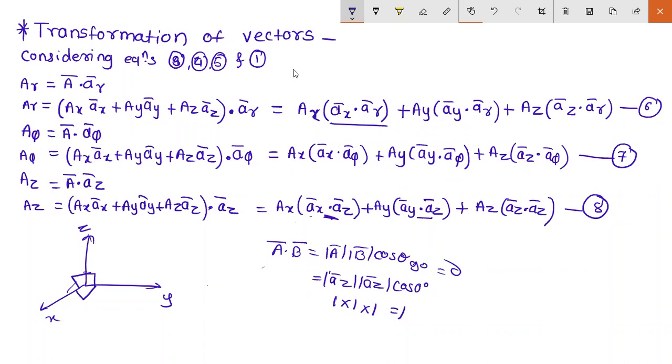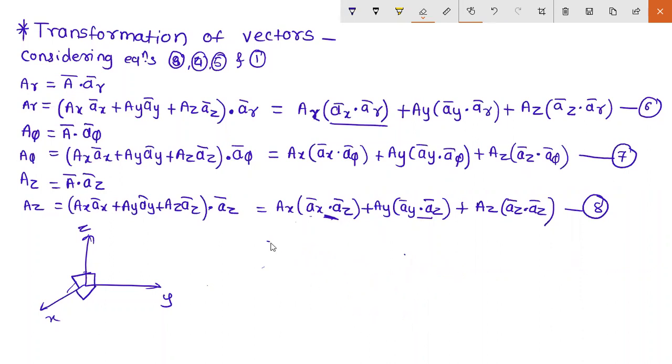So here, if we take two similar vectors, then their dot product is equal to 1, and if we take two different unit vectors, then their dot product is equal to 0 for the Cartesian coordinate system, because the angle between them is specified, that is 90 degrees. But when the cylindrical or spherical coordinate systems are given, then how do we find these angles? Okay, so we'll first see how to find the dot product.